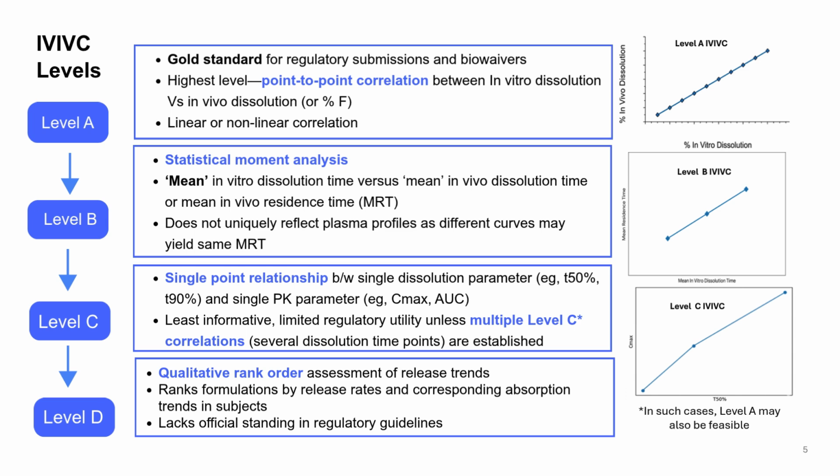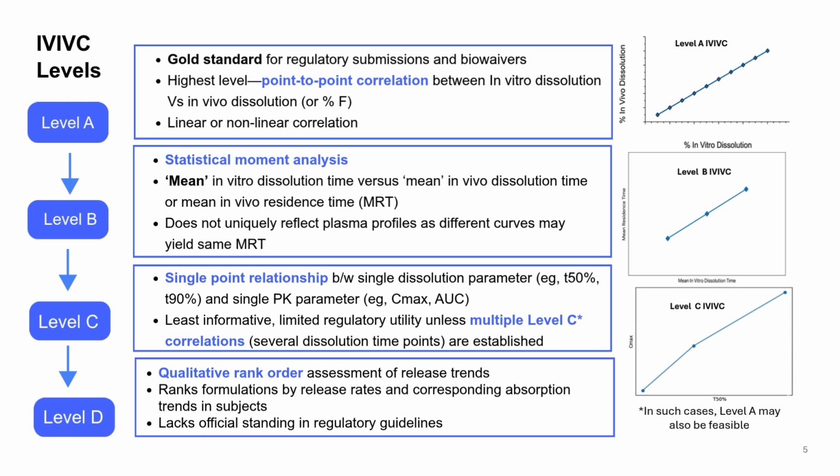Level B uses statistical moment analysis. It compares the mean in vitro dissolution time versus mean in vivo dissolution time or mean in vivo residence time, MRT. While useful, it does not uniquely reflect the plasma profile, as different in vivo curves can yield the same MRT value. Level C correlates a single dissolution parameter, such as time to 50 or 90% dissolution, with a single